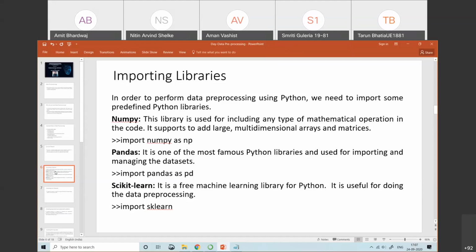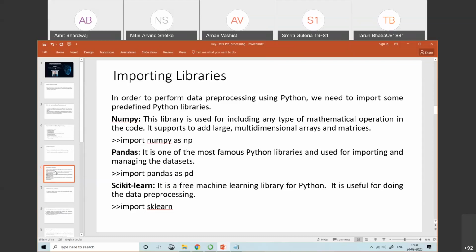It is one of the most popular Python libraries, and it is basically used to import and manage the data set. So what does import and manage the data set mean? Using the read_csv function, we import the data set. And managing the data set means extraction of dependent and independent variables, which can be done using the iloc function with the help of your pandas library.